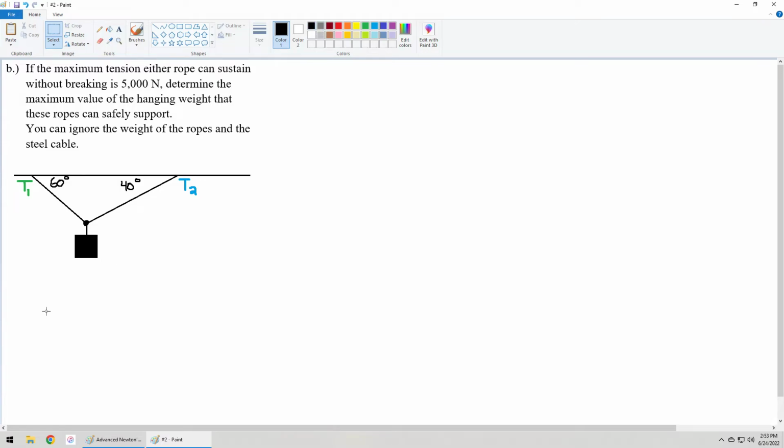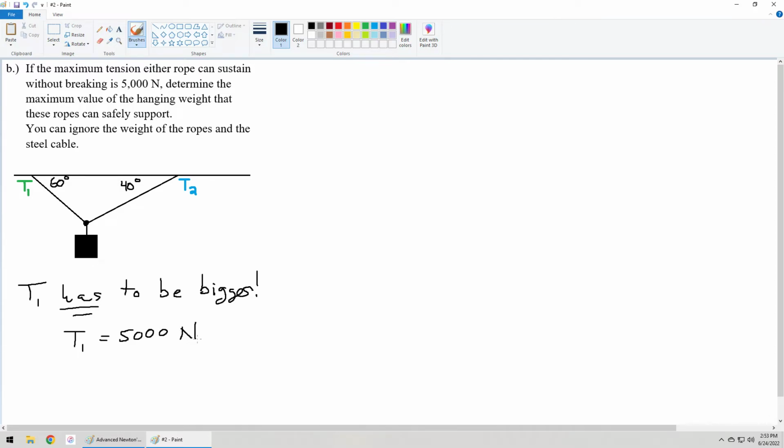So T1, let me even write that. T1 has to be bigger. Has to be, for the reason I just said. If you pick T2 to be 5,000, T1 is going to be bigger than 5,000, and you can't have that situation. So here, T1 is equal to that 5,000 Newton number